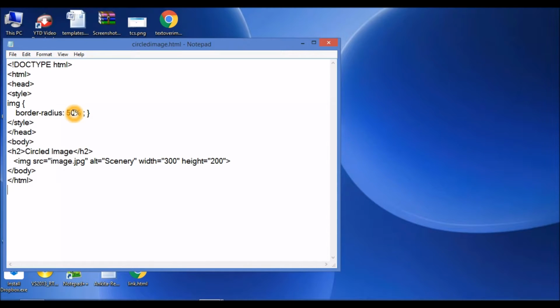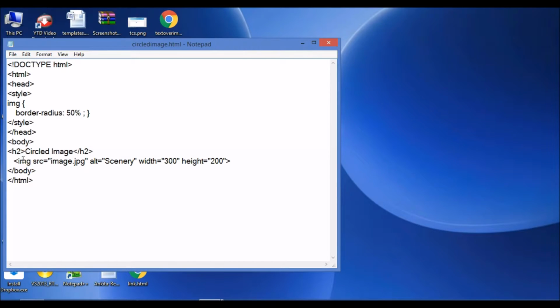I've defined the radius 50%, and if your image is a square, then it will give a perfect circle. But in case your image is a rectangle shape, then obviously you will get an ellipse sort of image.